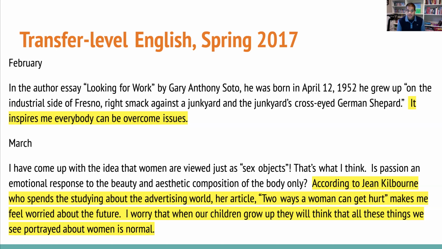That becomes more sophisticated the following month in the next paper. We're seeing that she's able to continue to ratchet up the level of sophistication as her tasks become more sophisticated and as time in the semester progresses. And now when we get down into this example that she gives of Jean Kilbourne, she's throwing in this argument, looking at what this writer is saying, and then providing a much more sophisticated argument about worrying what children, when they grow up, are going to think about the things they see portrayed as women as normal.